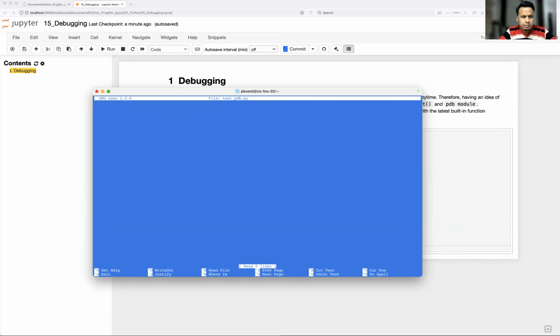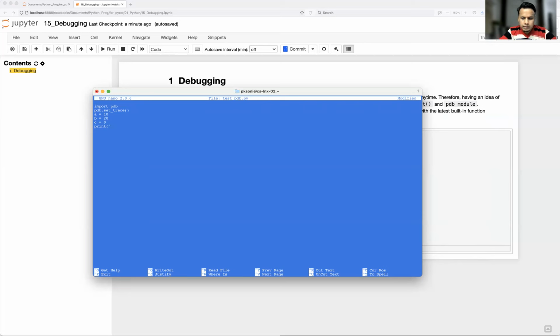I'm just going to import the module: import pdb. After that you write this line, pdb.set_trace(). This line is required basically at the particular line from which you would like to start your debugging. I'm writing it on the top, so definitely from the beginning it will start debugging. Let's set some variables: a equal to 10, b equal to 20, c equal to, let's say, 0.